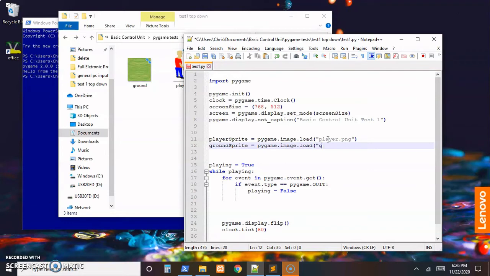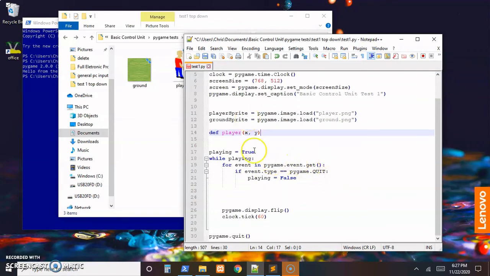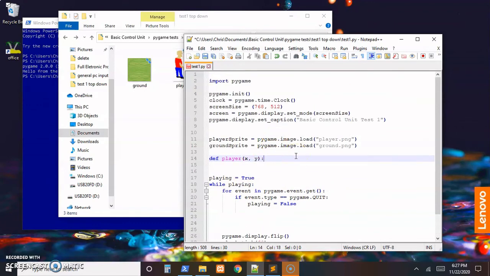Pygame.image.load and load ground.png. And now we can just bring these in with a couple of functions. So I think this will be the easiest way to do it. We'll show that player sprite at some XY coordinate that we'll pass in from our main loop. So the player function,